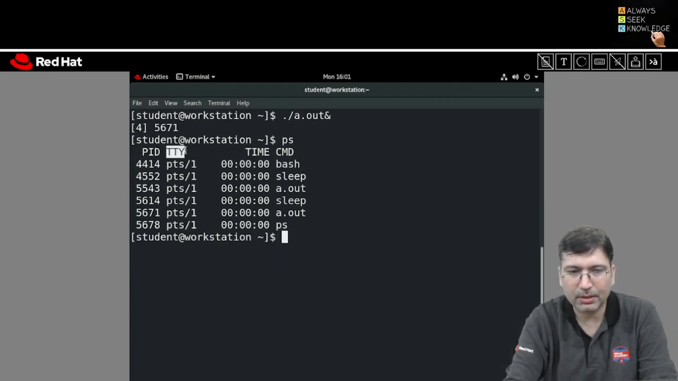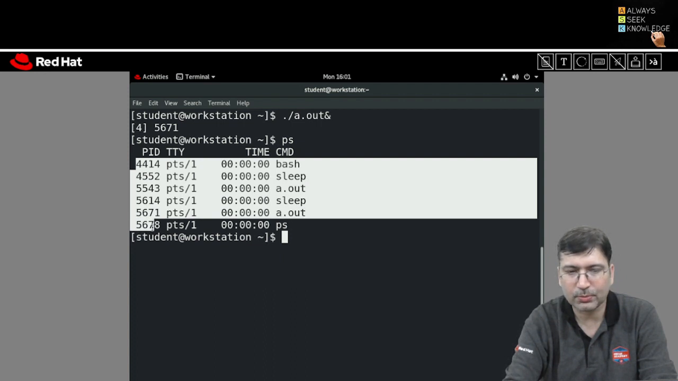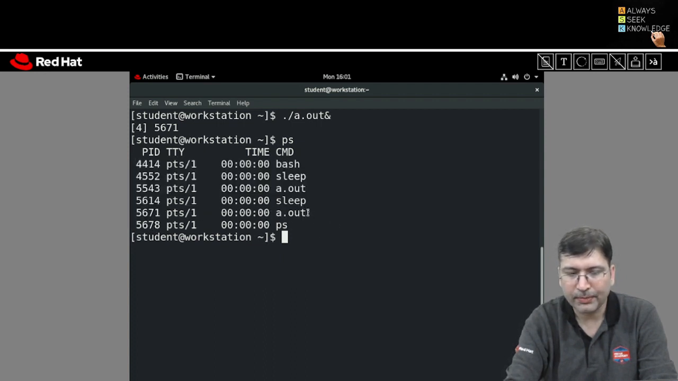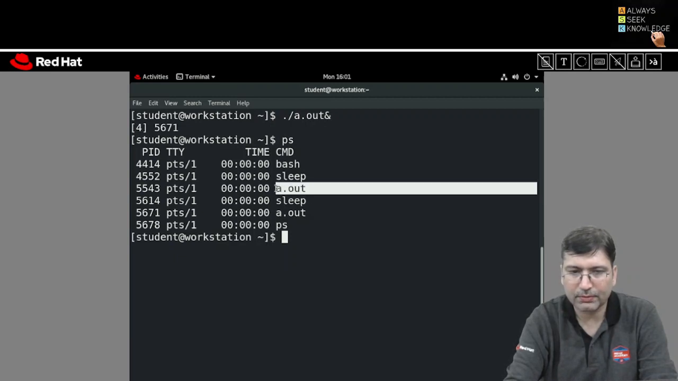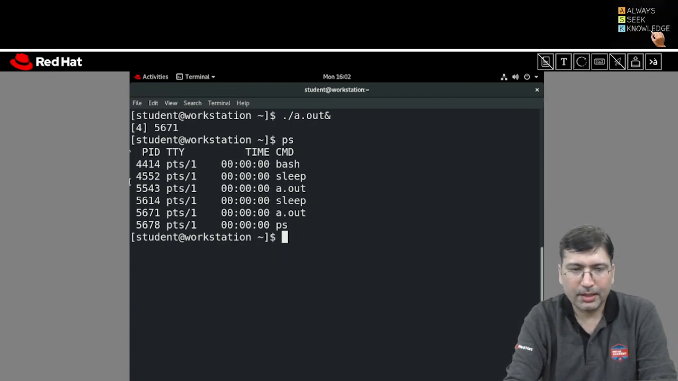tty means terminal. On which terminal? So this is terminal 1 only. All are using terminal 1. And these are the process IDs of these processes that are running, right? So this is the a.out process. Earlier also we have executed one a.out process. In terms of process ID